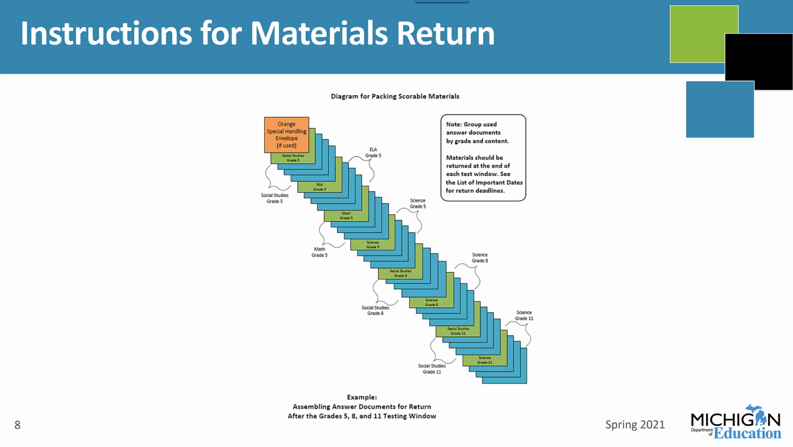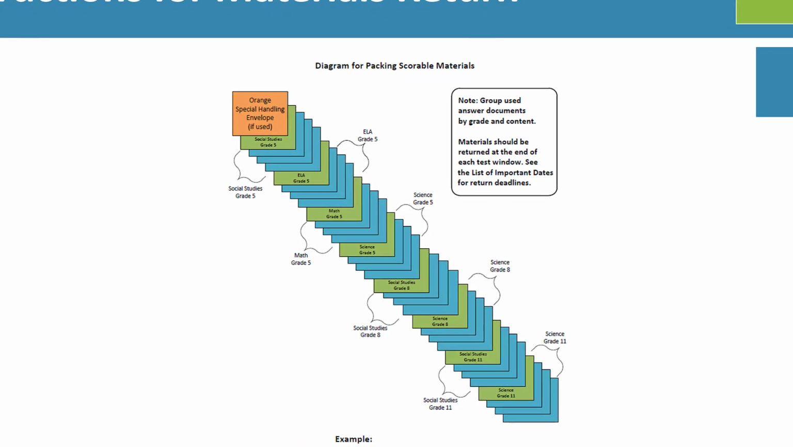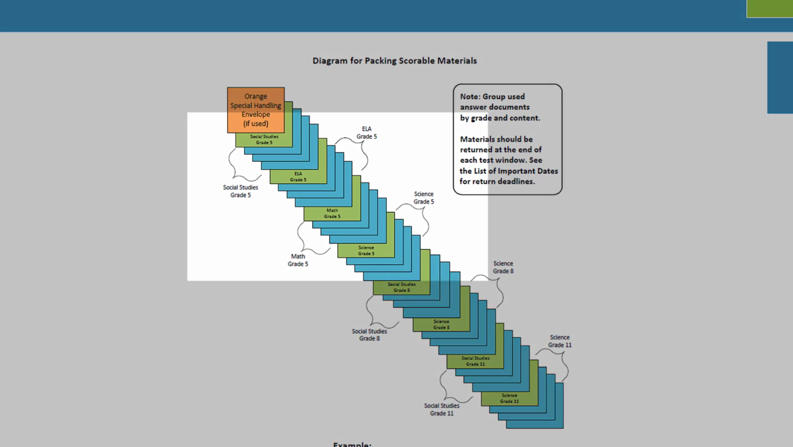There's a diagram in the TAM that shows you how the materials need to be packaged when you're getting them ready to be returned. You'll find this on page 71. The answer documents are packaged by grade and then by content area. So you can see in this image for the grades 5, 8, and 11 window, you'll package all of your